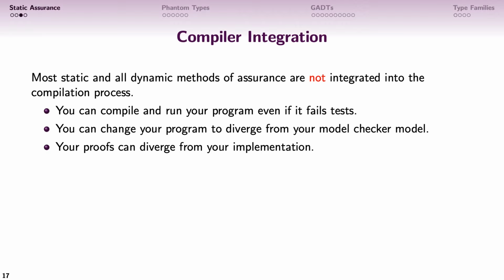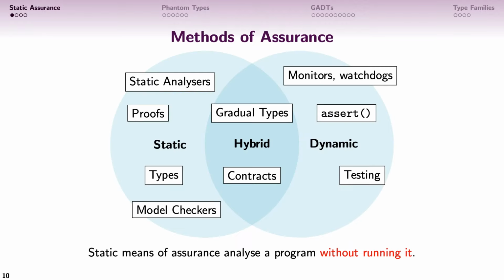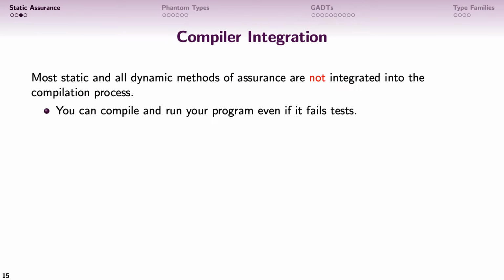The only method of assurance that I have written here that is integrated into the compilation process is types. Whenever we run the compiler on our software, it checks the types for us. This is an extremely valuable property